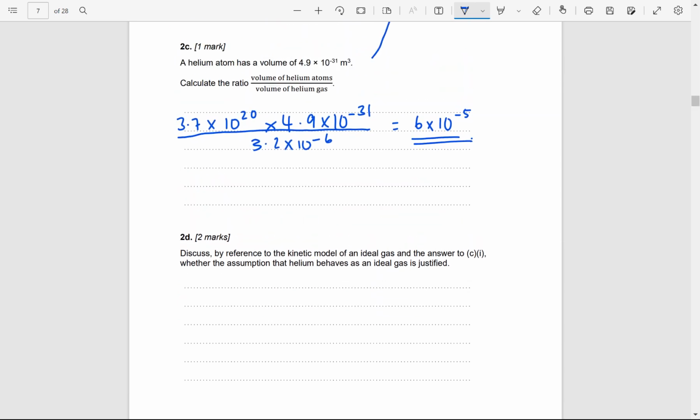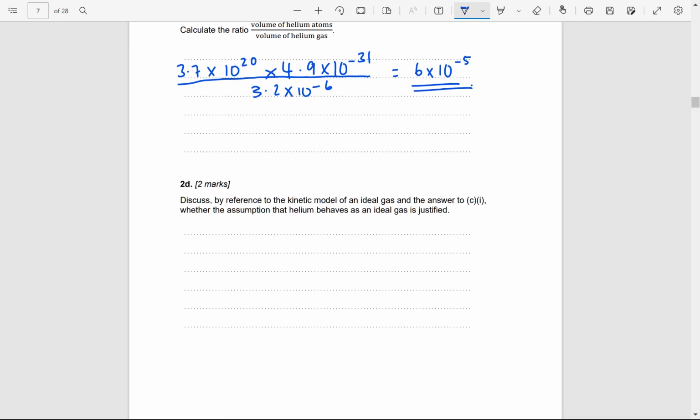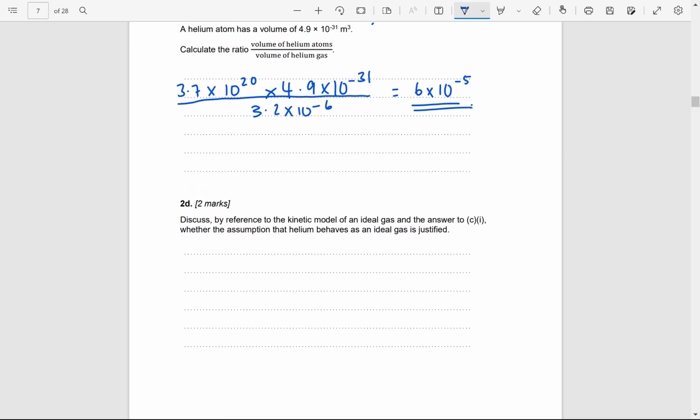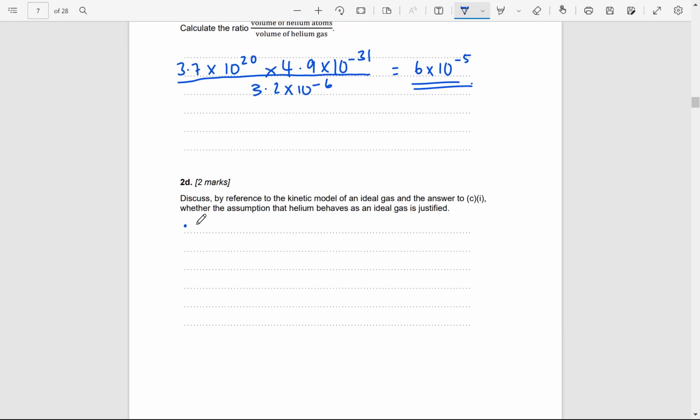Discuss by reference to the kinetic model of an ideal gas and the answer to C whether the assumption that helium behaves as an ideal gas is justified. So they're looking for you to discuss something to do with volume of atoms in a gas. So you have to dig into your recall of the different assumptions for an ideal gas. There's several of them. And you have to pull out the one that is relevant to volume of atoms in a gas. So the relevant one